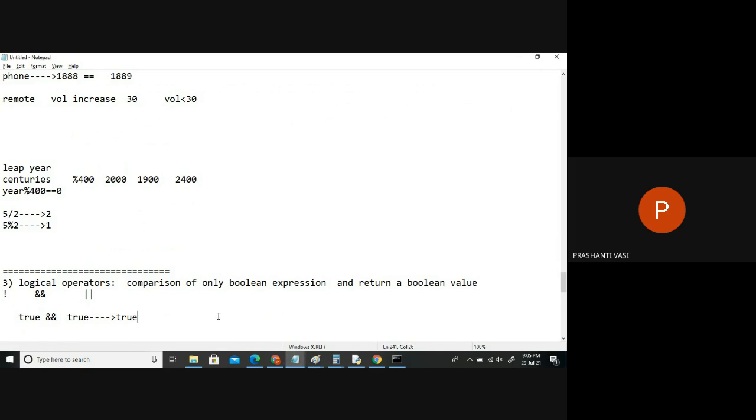Now in the same way, for the OR operator, if I say true or false, or anything, the answer is true here. But for the AND operator, only if both are true is it true. If it says true and false, we'll get an answer as false. If both are false also, it's false only. But for the OR operator, any one true or both true is enough. If both are true, it is also a true answer. It gives a false answer only when both are false.